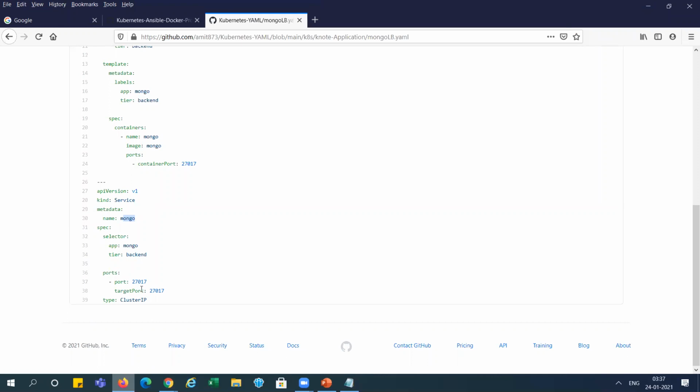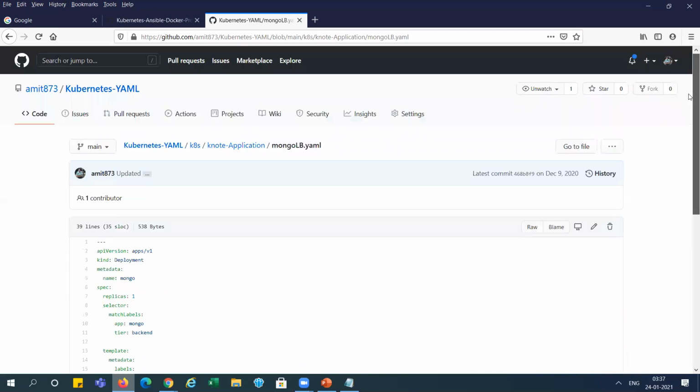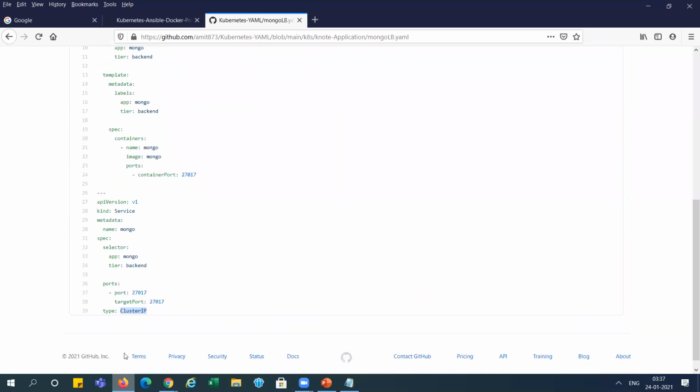And for this deployment, we are using one service named Mongo, right? And it is running on the cluster IP. It will run on the backend side, and it is not accessible from the outside, right? So mainly services are three types: cluster IP, node port, and load balancer. So in this Mongo YML, we are using the cluster IP, right? Type services we are using. So when we run this YML, it will generate one deployment and one service over here.